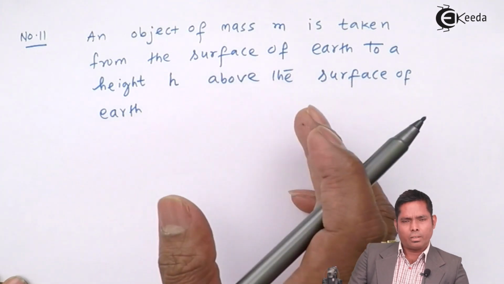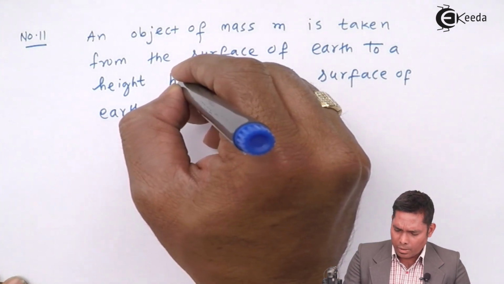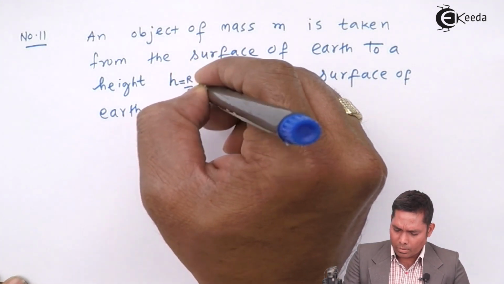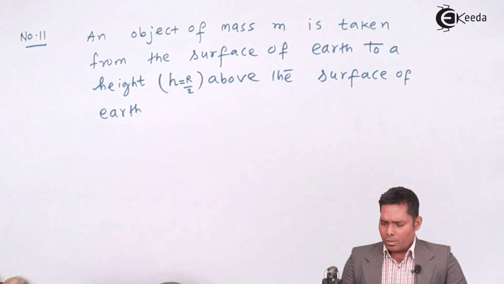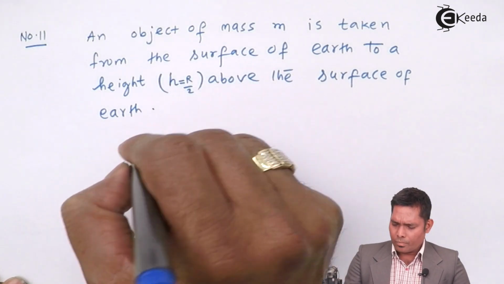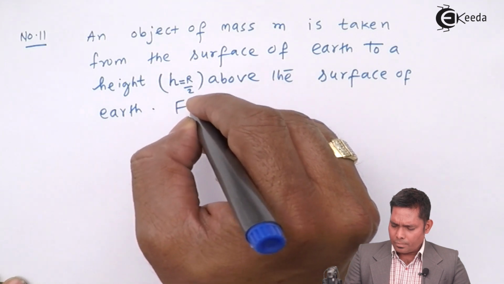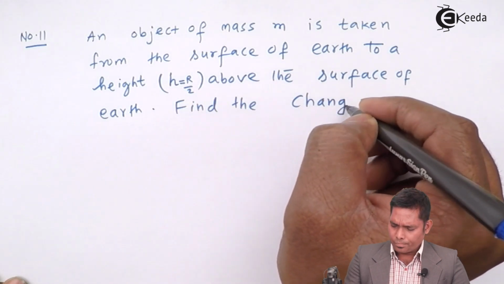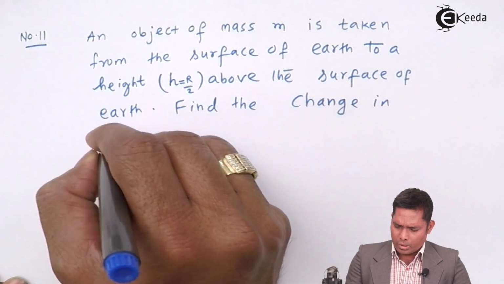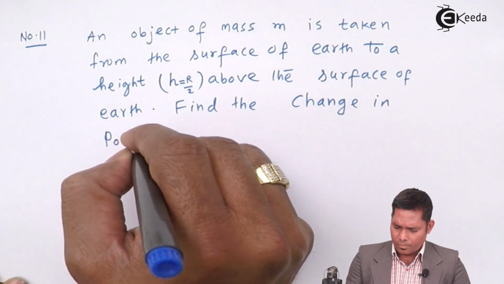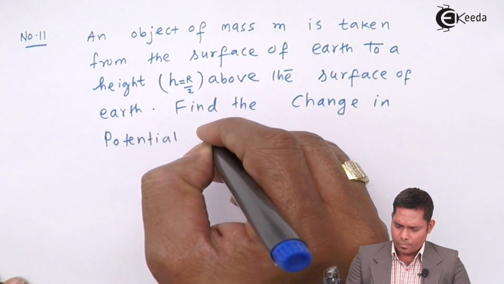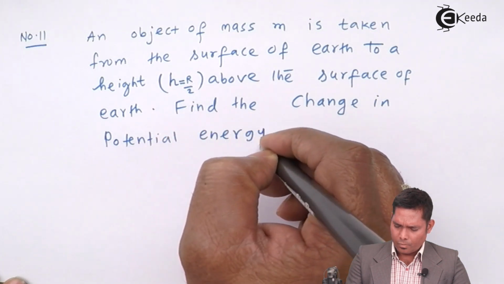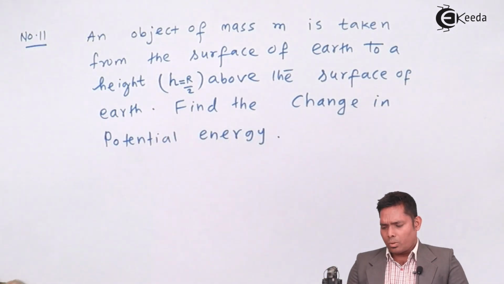That h is also given, h is equal to R by 2, half the radius of the Earth. Find the change in potential energy. So this is the question,